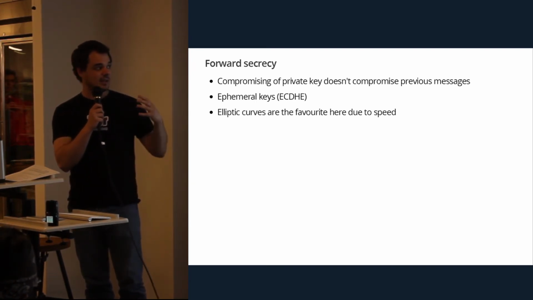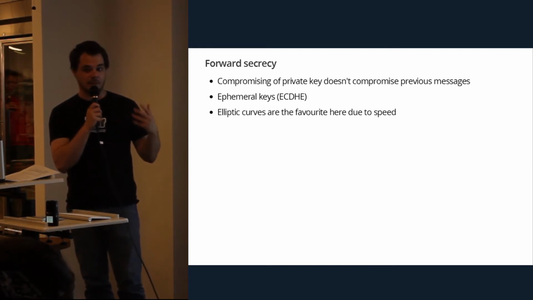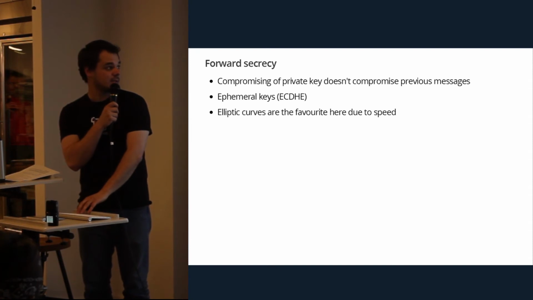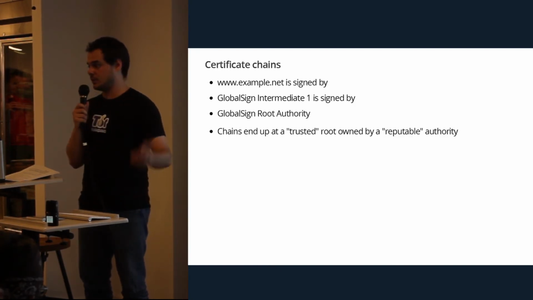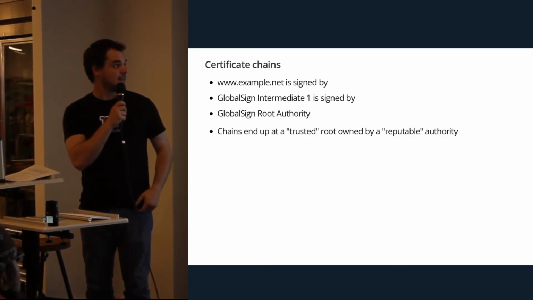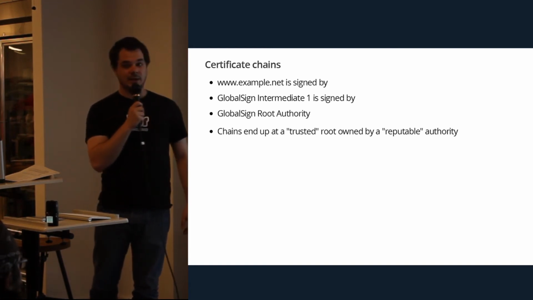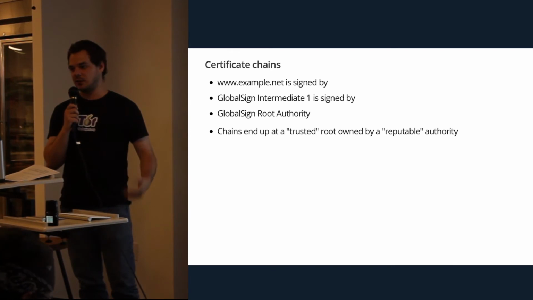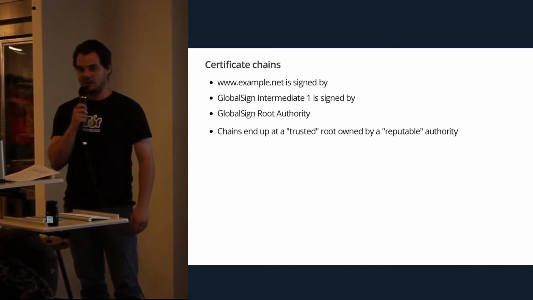The fastest one and the most commonly used now is probably elliptic curves, for various reasons, mostly speed and performance. But you should pick something like that if you're using TLS. Certificate chains are also the bane of my existence from working on CFSSL, where every CA has their own special and unique way of screwing this up.